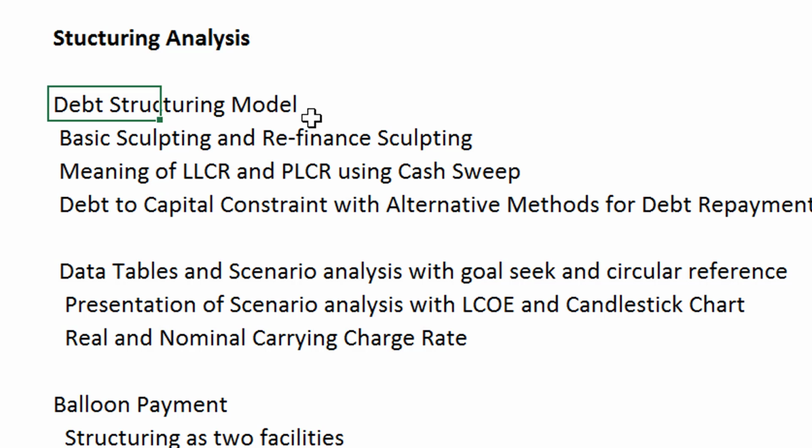Now, before we get into the balloon payments and some of the things that are a little more complicated, I'm just going to walk through some of the structuring issues, and there is some information here that is not on other videos. The information is really to demonstrate what happens if you run into a debt to capital constraint and you still want to use sculpting. You could do two things. You could shorten the tenor, or you could increase the DSCR,